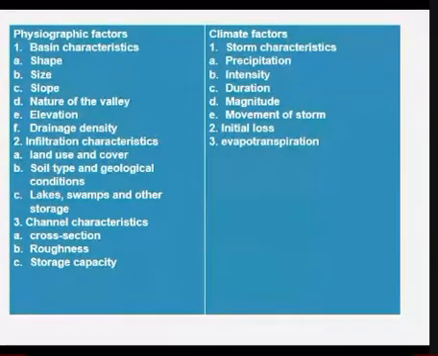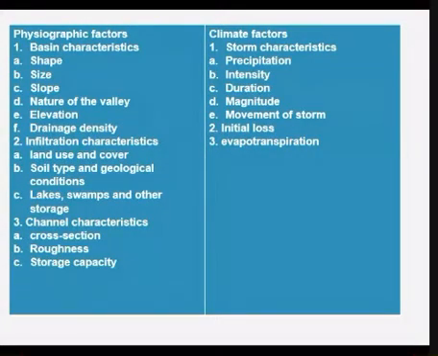These factors are the basin characteristics: shape, size, slope, nature of the valley, elevation, drainage and density. From infiltration characteristics, we have land use and cover, soil type and geological condition, then lakes, swamps, and other storage. From channel characteristics, we have cross-section, roughness, storage capacity,